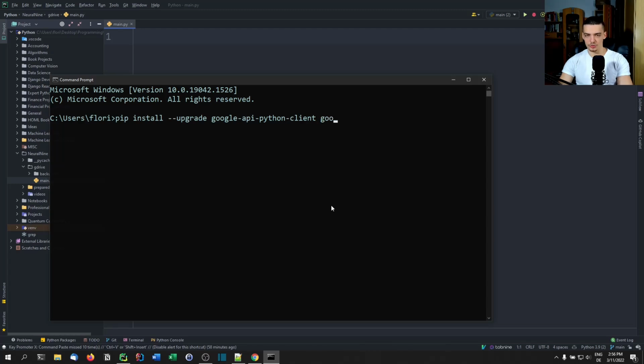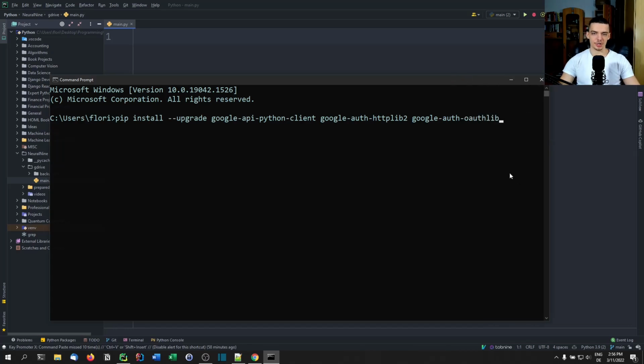We're going to install google-auth-httplib2, and as a third module, google-auth-oauthlib. So those are the three modules. If you press enter, it's going to install. I'm not going to do that because I already have those installed, but this is what you're going to need